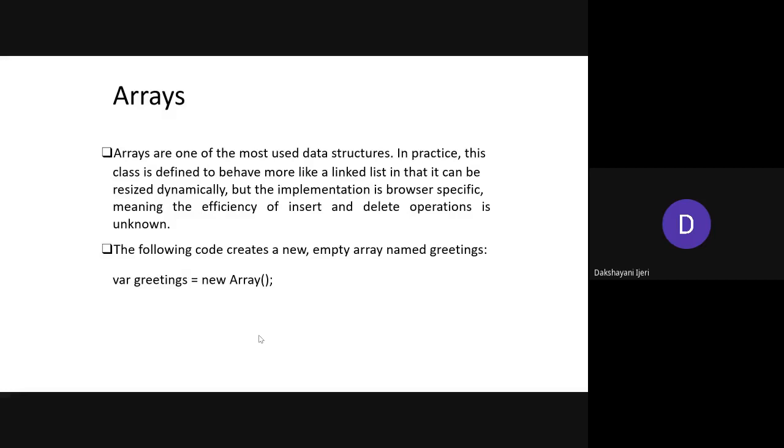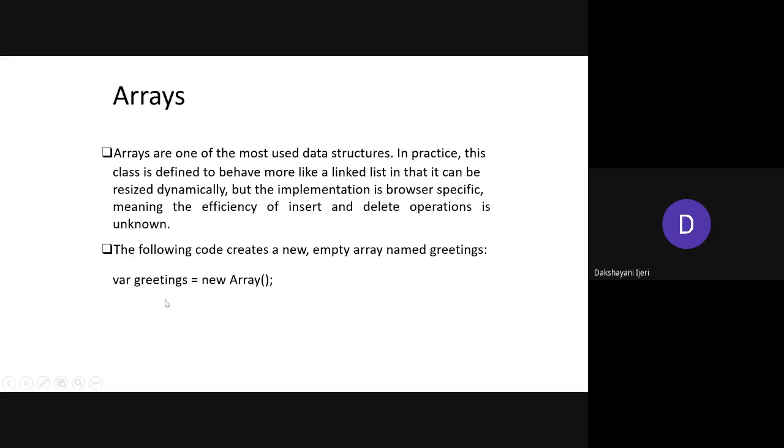I may not have to say anything about the arrays here, right? You already know what an array is. An array is a data structure where you store the values in a particular order, and where you can access the values with respect to the specific index value. The basic meaning or purpose of using this data structure remains the same as it is with other programming languages. But we'll see how you are going to use it in JavaScript here.